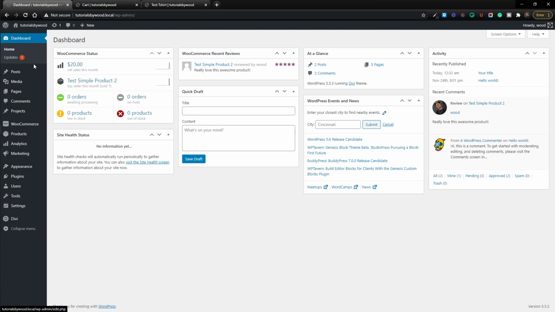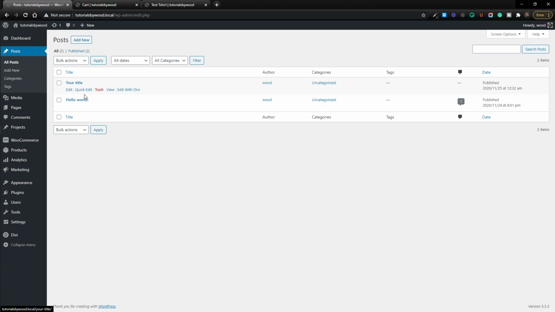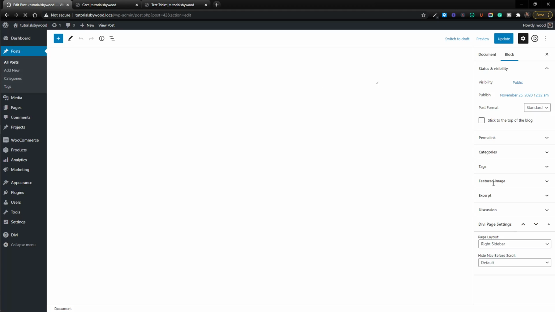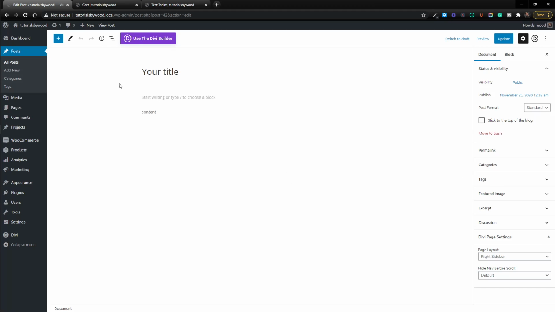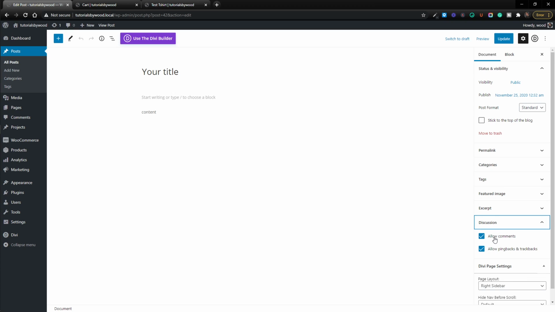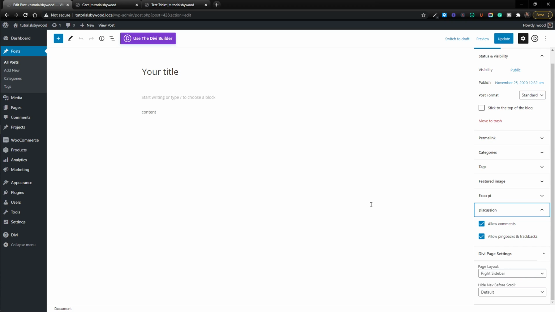All right, so everything else in the post as well work the same as products. So if you want to set a featured image, it would be on the same side. If you want to set a category, it would be on the same side. All right, so back into our test post right here. As you can see on the right, we have categories, we have tags, we have featured images, and we have discussion. Discussion is pretty much where you would want to either allow comments or the opposite. All right, so that actually sums it all up with posts,